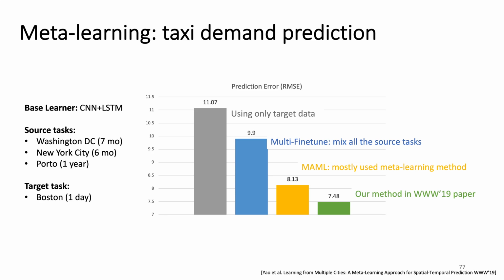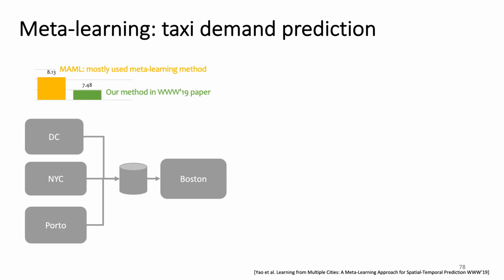And finally, we use MeLU as another baseline to improve on the multiple fine-tune. Lastly, we use our method from the WWW paper. This shows that our method can further improve the performance over MeLU. The question is why our method can do that. The key contribution is that when we do a transfer from Washington D.C., New York, and Porto to transfer knowledge to Boston,